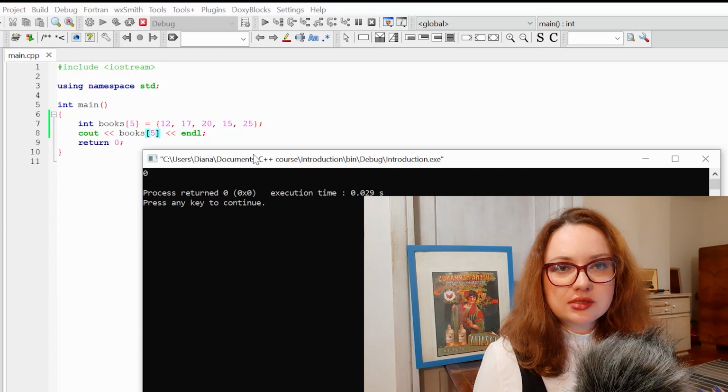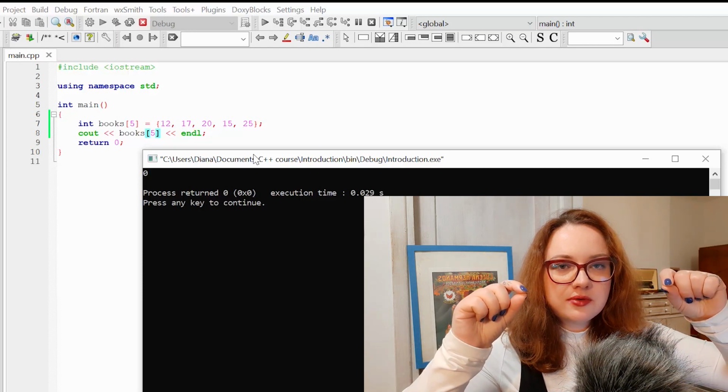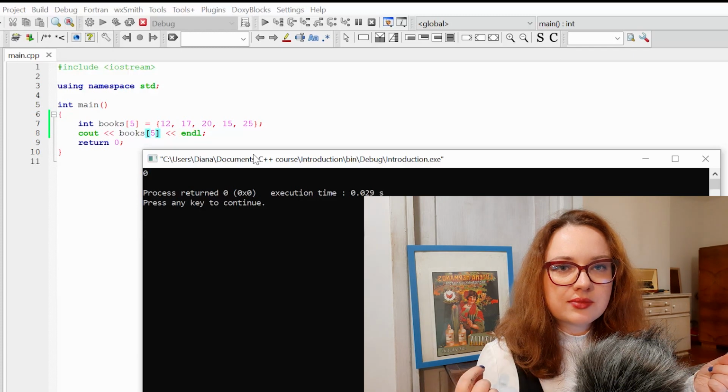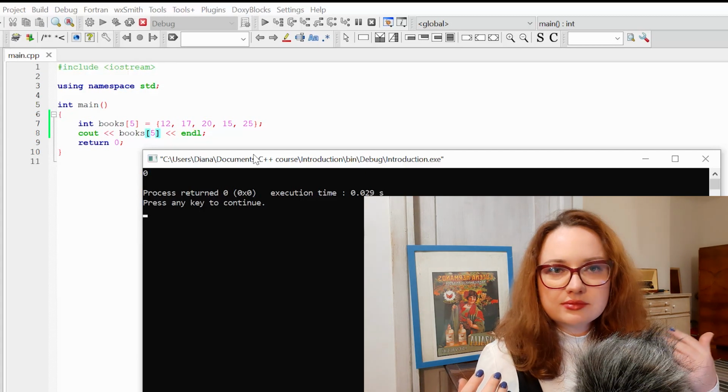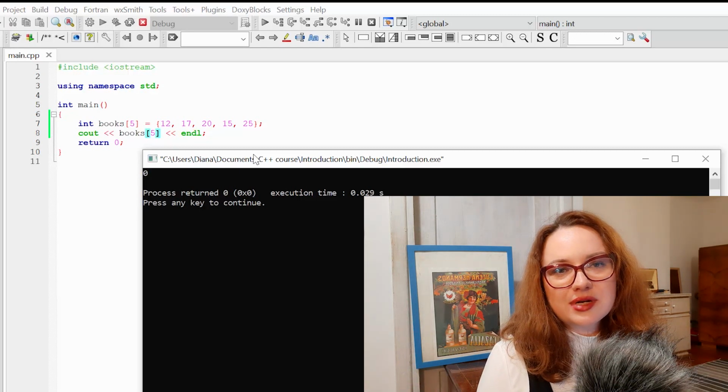The result is 0 because in computer memory an array is stored one by one. So you have 4 bytes of memory for the first integer, then 4 bytes for the next one, and so on and so on. And now we are trying to reach the member number 5, which is empty, or sometimes you can get some garbage because you just try to reach a place in your memory that is beyond your array scope. So always be careful with your arrays and don't reach members of the array that don't exist.